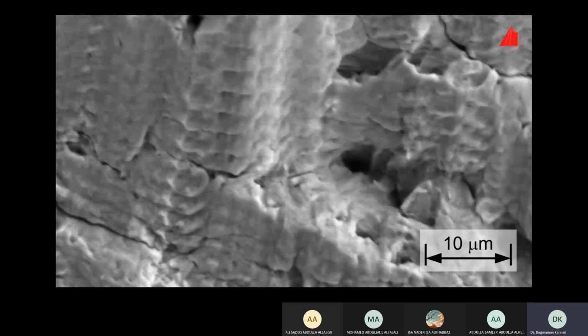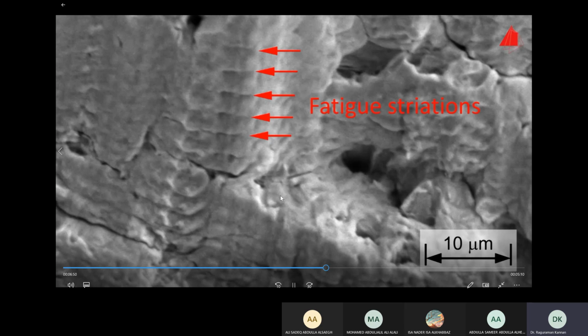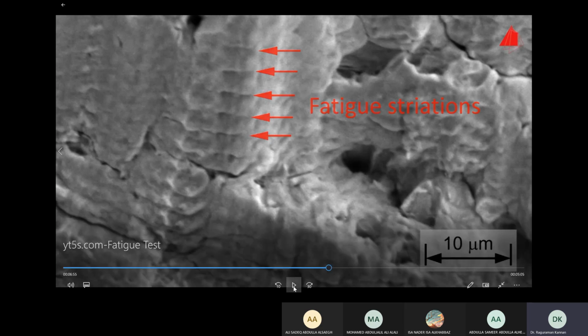Now we can investigate the fatigue crack propagation area in detail. In some places, but not everywhere, parallel grooves and ridges can be seen, the so-called fatigue striations. Each groove and each ridge has been formed by an individual load cycle, a typical phenomenon. Of course, now we want to know how many loads